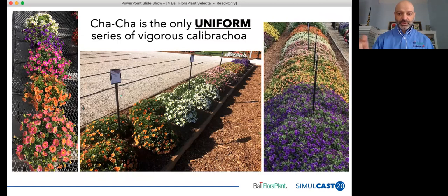So all 5 of the colors in the series are there in the bed. And you can see uniformity across them in terms of habit, vigor, as well as flower timing. They're all flowering early and all flowering at the same time. And then that picture on the right-hand side, that's that same bed 5 weeks later, taken obviously from the other angle because the blue, the Cha-Cha Deep Blue is in the front there. But again, you can see how that uniformity has been maintained across all those colors in the bed there at